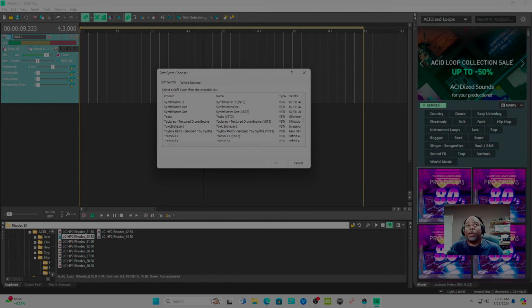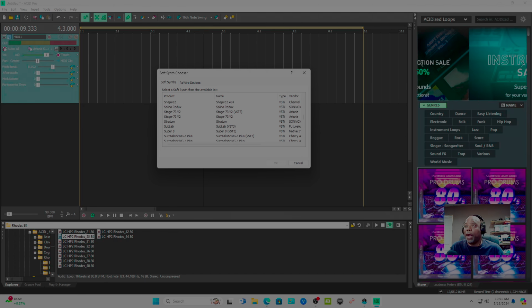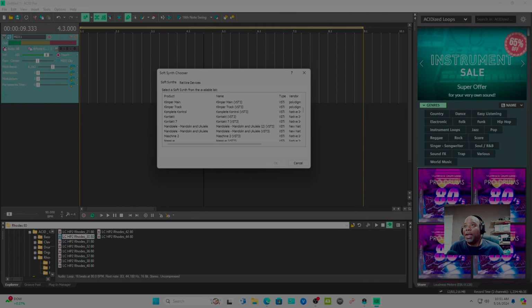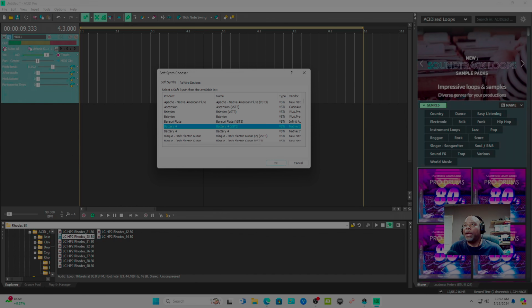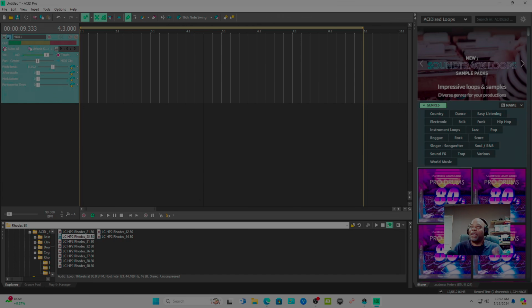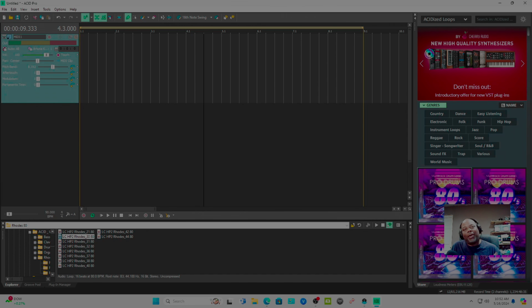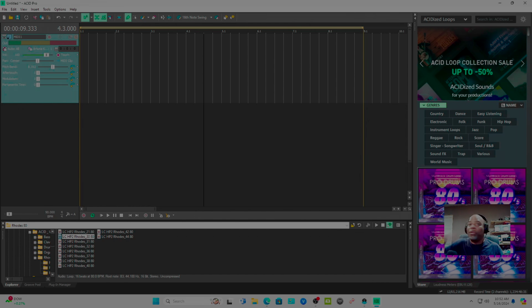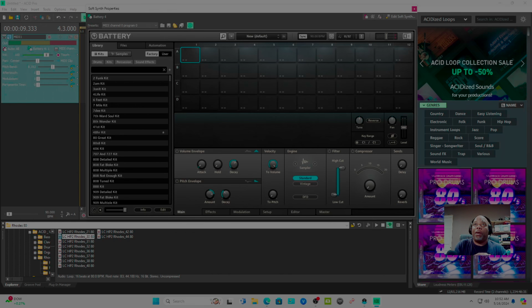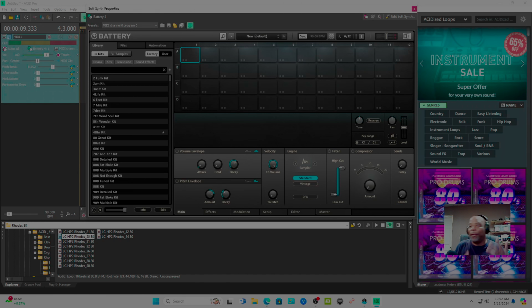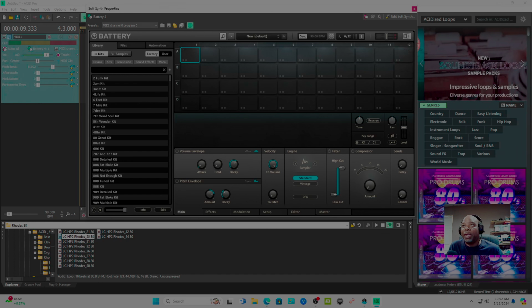So if you want to create your own stuff, right? Let's see. I'm gonna go to Battery 4, right? Right here, you can see it. I'm gonna click OK. I'm mad that my mouse is not showing right. I got a crook in my neck. I slept wrong, right? So as you don't see my blue circle circling around, and this is getting ready to open up Battery, right? For those who use Battery, y'all like, yo, some next level stuff, right?